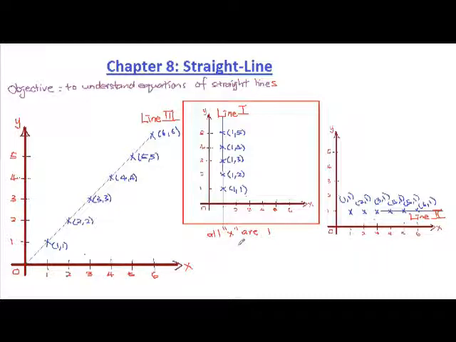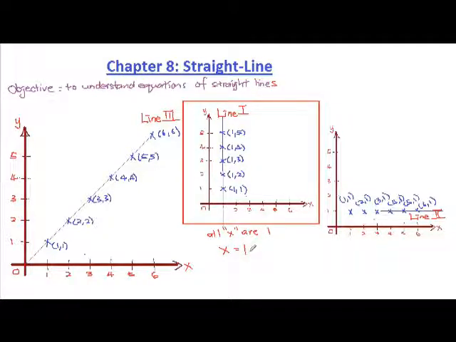When we express this common characteristic algebraically in an equation in terms of x, it is known as the equation of this straight line. So the equation of line 1 can be expressed as x equals 1, which means that all the points that lie on line 1 must satisfy